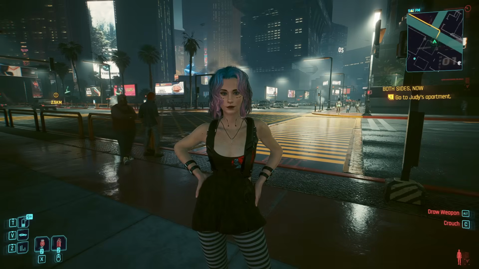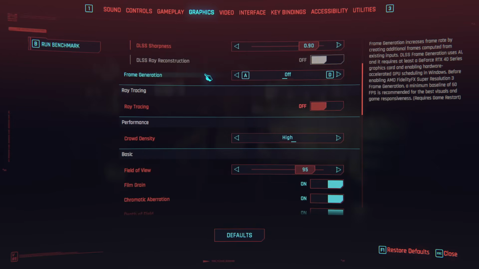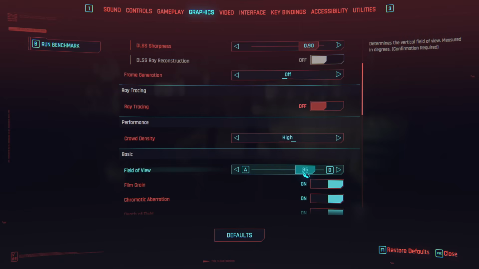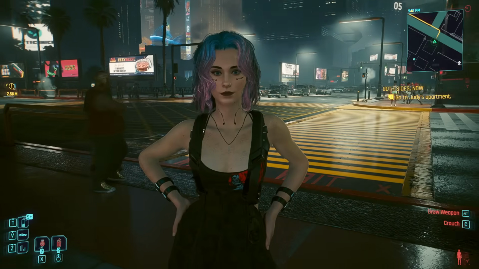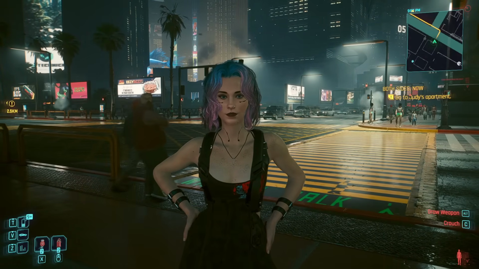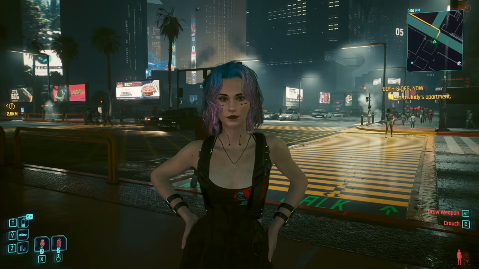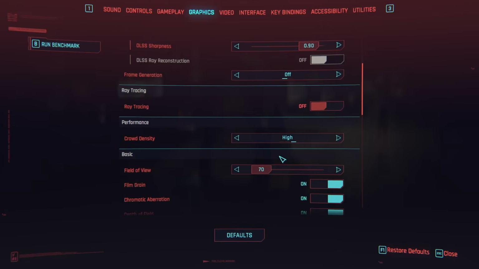And if any of you are wondering what FOV I use, I believe it's 95. Yeah, I use an FOV of 95. You could definitely mess around with the field of view as well. So if we put it down to like 70, we can get something like this. I think that's a bit too close and you really don't get to see much of the background. So I actually like to use 95,